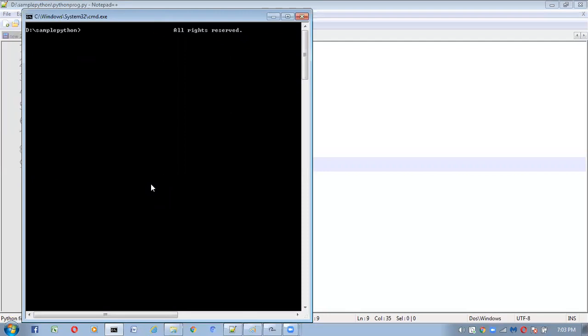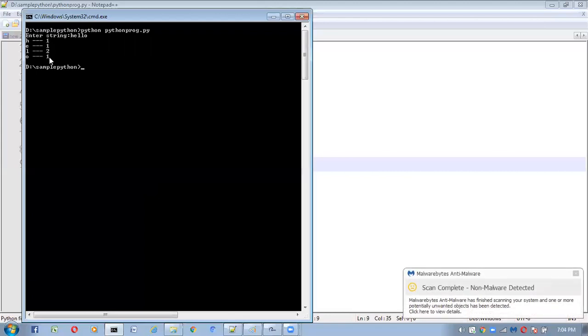H one time, E one time, L two times, O one time. Each character, how many occurrences are there? Each character's number of occurrences we are printing by using Python. See, H one time, E one time, L two times, O one time we are getting here.